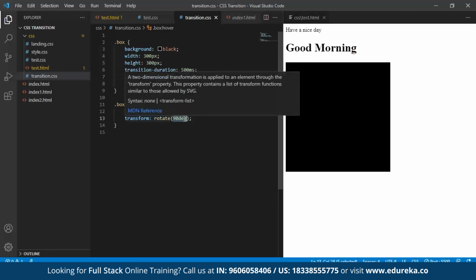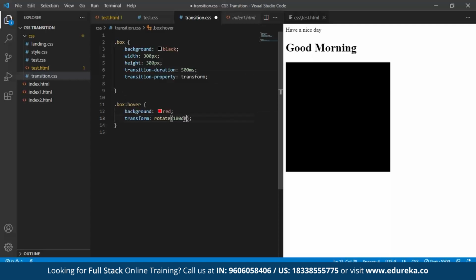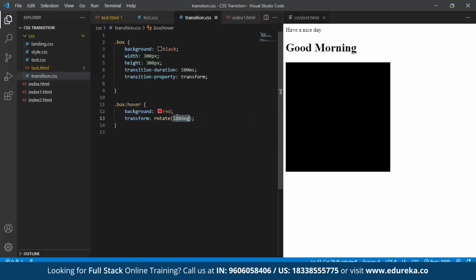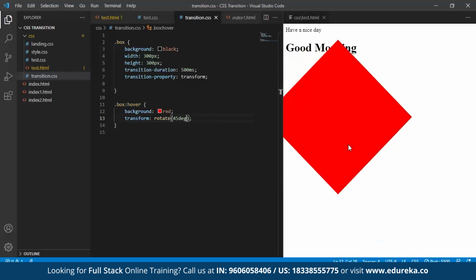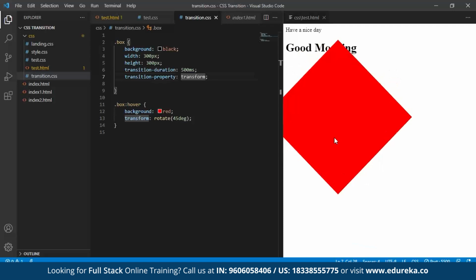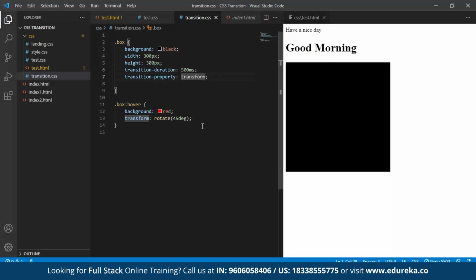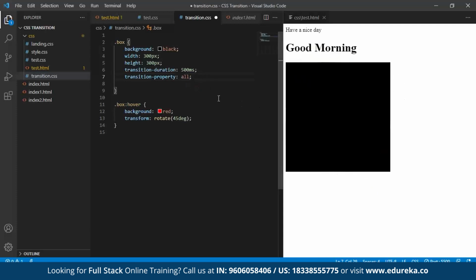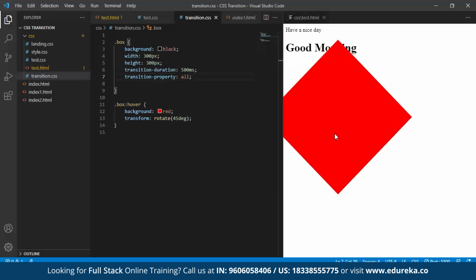Now you can change it to 180 maybe. I save. There you go. One full rotation is there, or even 45 degrees. That's that. Now this is happening because I have mentioned my property as transform here. Let's say I want to mention both background and transform, because you see, I want to take all my properties there because it's happening in a very weird format. Now, what if I say all? So we've already mentioned and spoken about this. If I say all, it's going to take all my properties there,